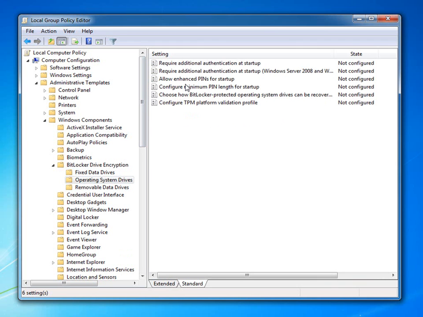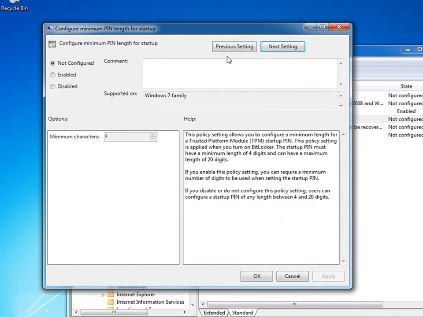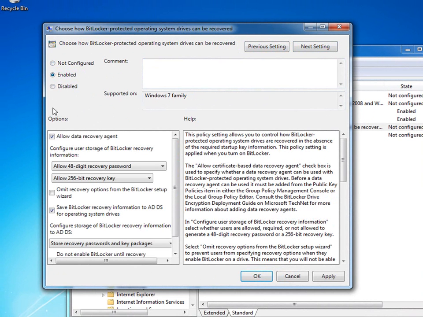Another big ask from customers was better control for the PIN that is utilized in conjunction with the TPM chip to unlock the operating system volume. Policies now exist to not only set the minimum PIN length, but also to optionally allow the use of additional characters, including uppercase and lowercase letters, symbols,